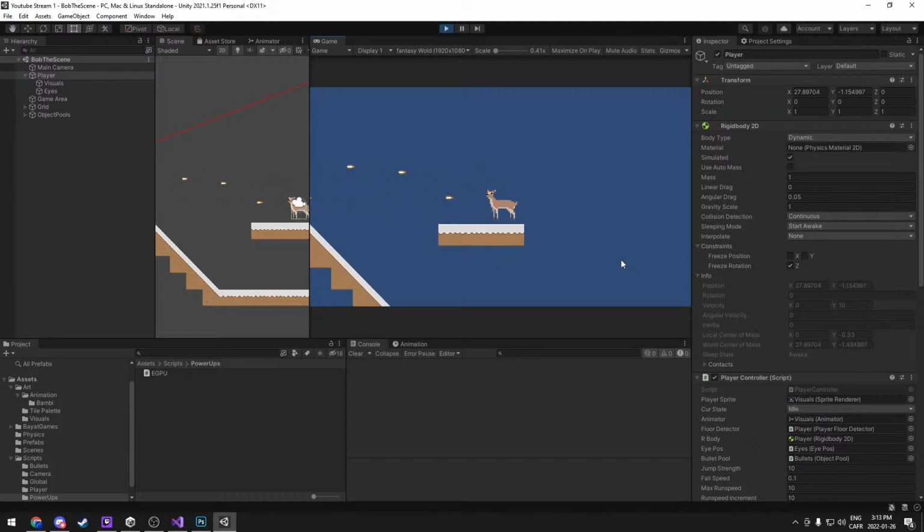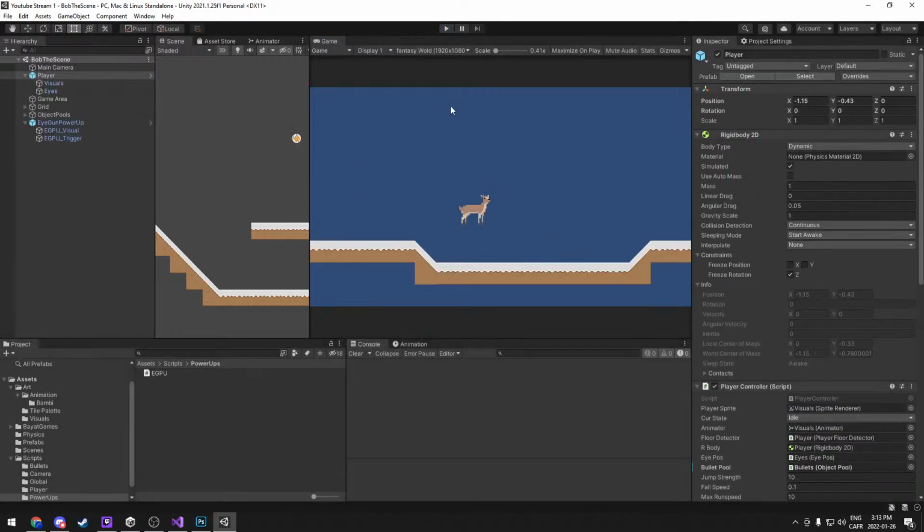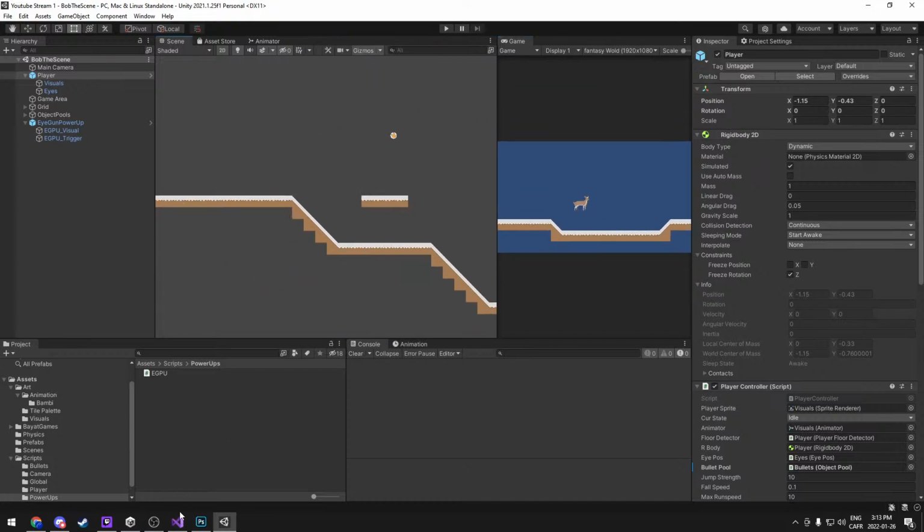I keep getting the impression that the bolts are going up and down, but they're clearly not. Maybe it's the blue background giving me that impression. Alright, so I fixed the bullet issue where they were doing that. However,